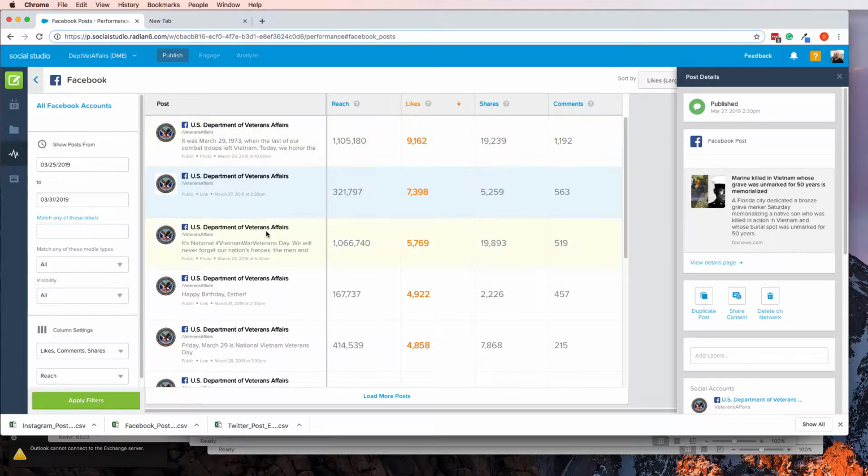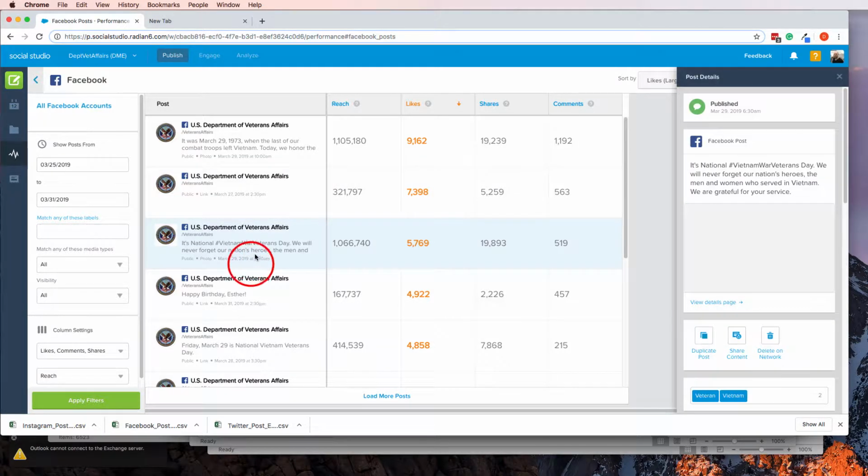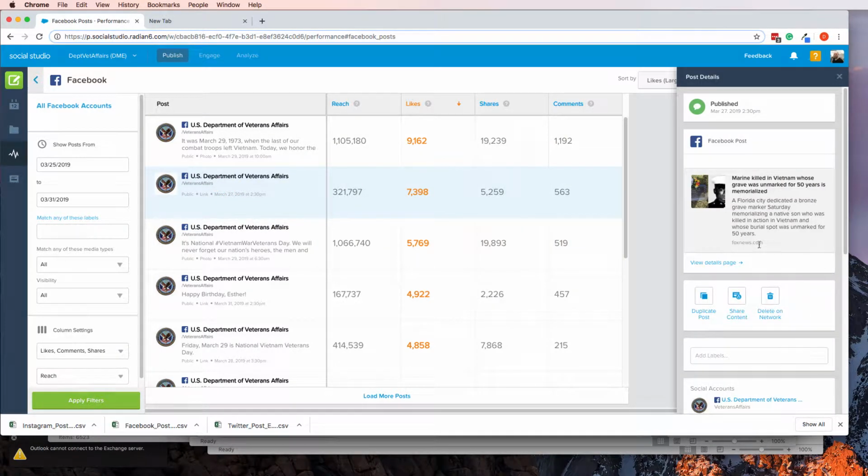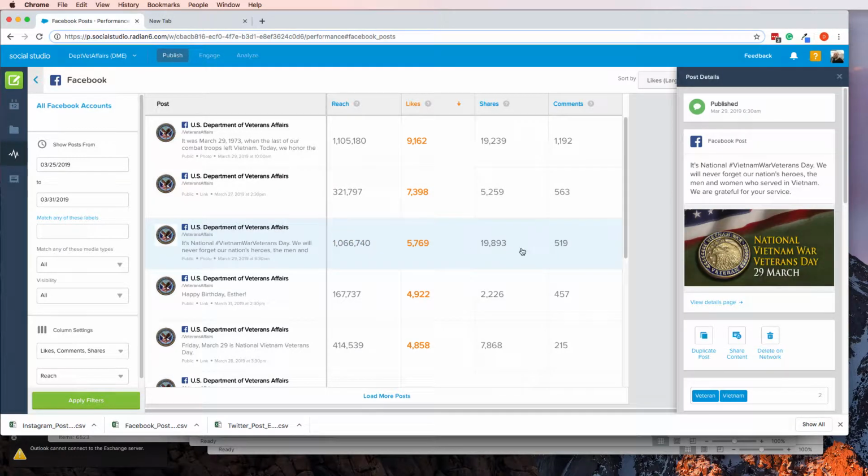I don't like sharing numbers for stories, like somebody else's news story. I prefer to share, like, say the top post is one of our actual original content posts. Like, you can tell this is public. This is a link, but it's a link to Fox News. You can see it. It's not really our content. So while it's awesome that this story got this amount of attention, it's not really something that was generated by our team specifically. So I'm gonna go to the next one,